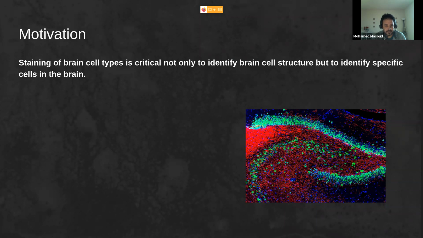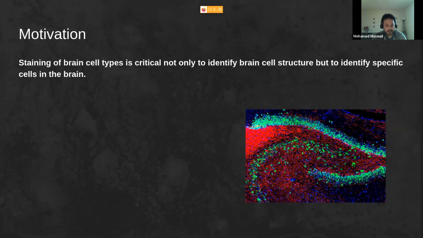So the need to investigate these cells in the brain is huge. Our main cell in the brain is the neuron, and besides the neuron there are multiple other types, like the astrocytes, which play a critical role in maintaining proper neural function.